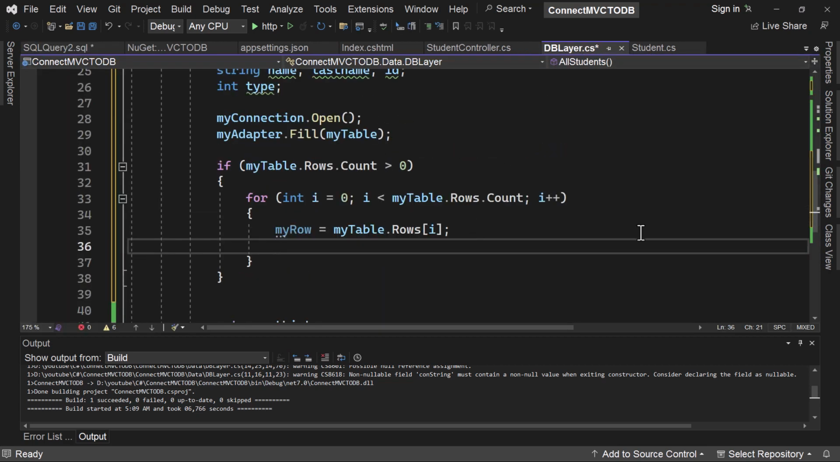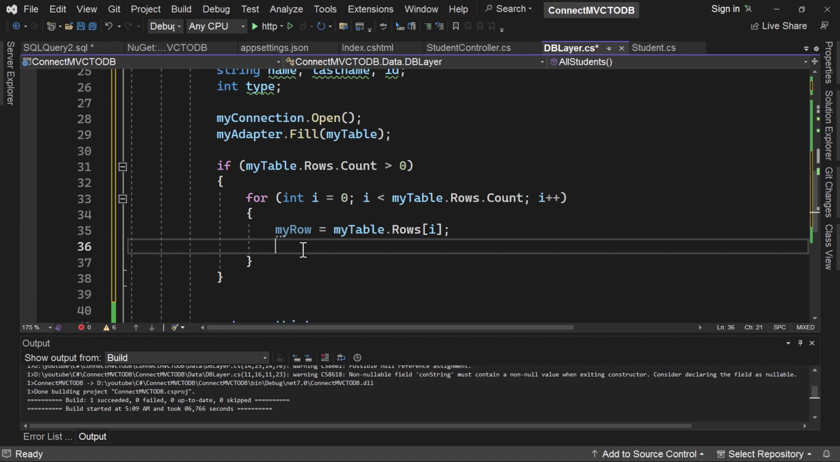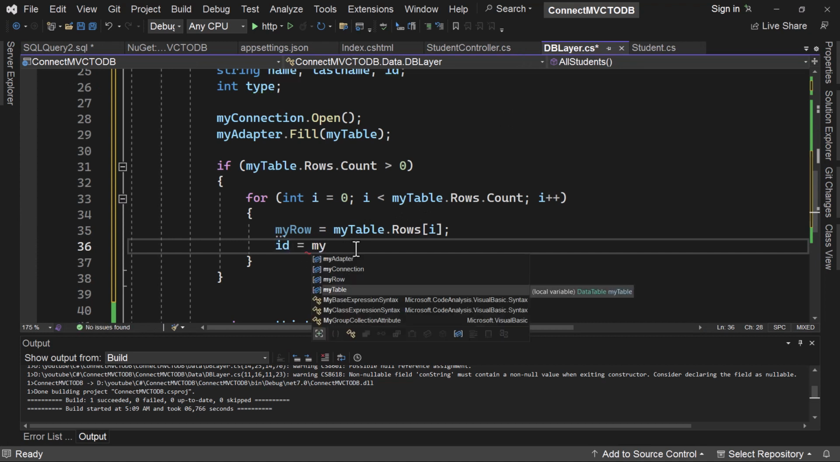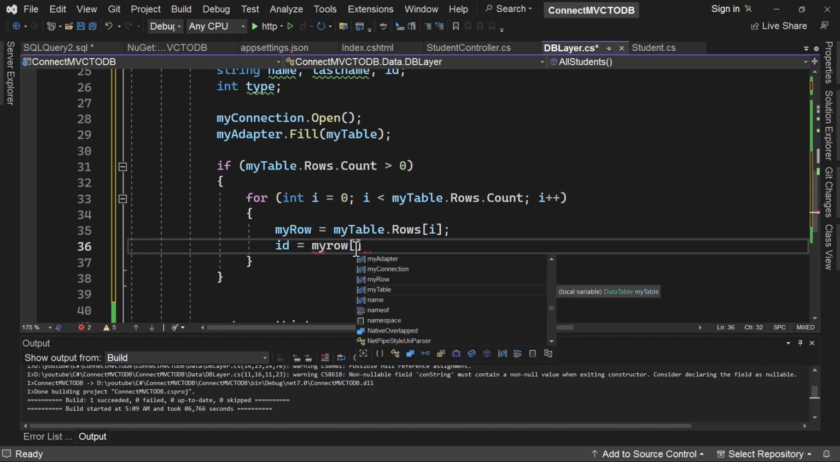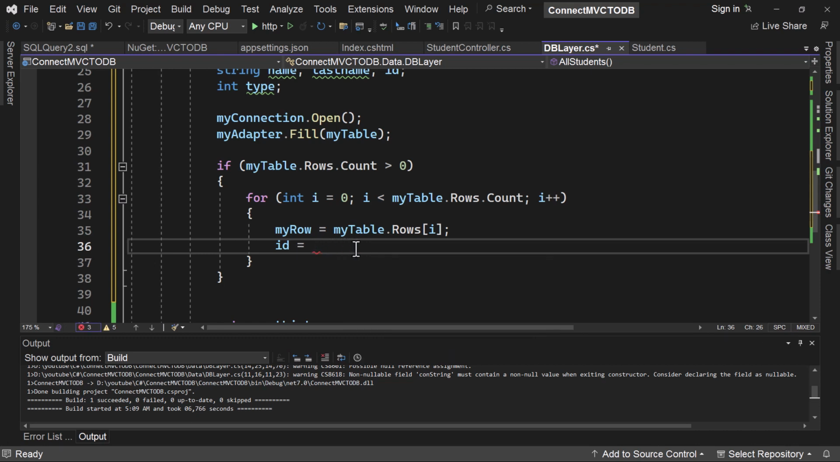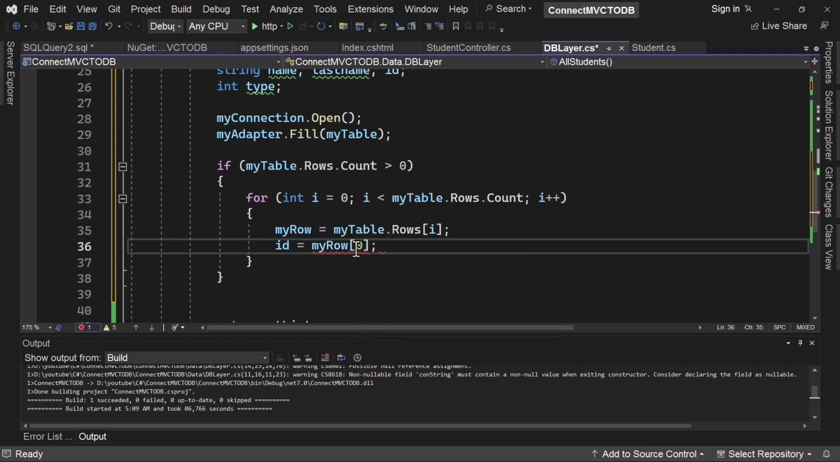So I can simply say, let's see, I think the first one, okay, index 0 will be the ID. I'm going to say ID equals to now my row, and I'm going to call a specific position. Let me just type this right. My row, I'm going to call a specific position, which is 0, right? Right, so at the moment it's actually saying